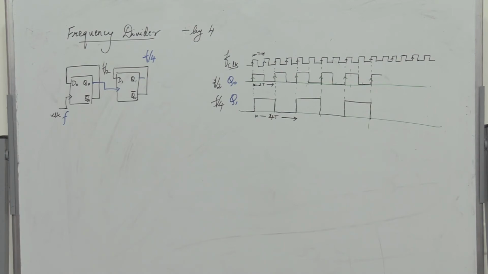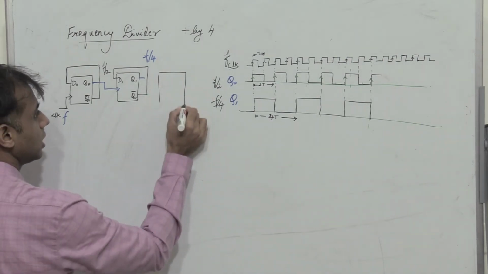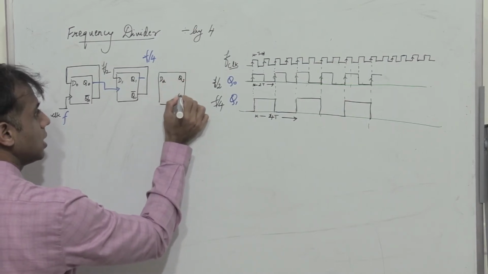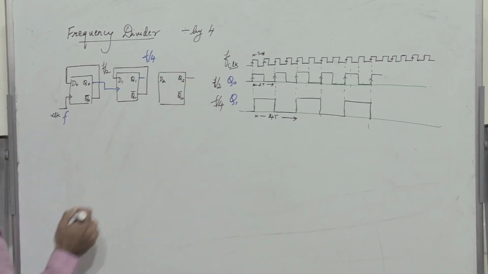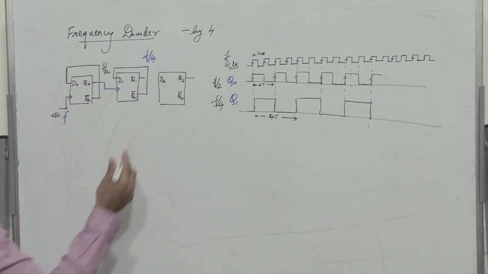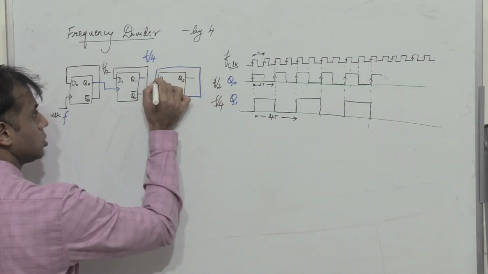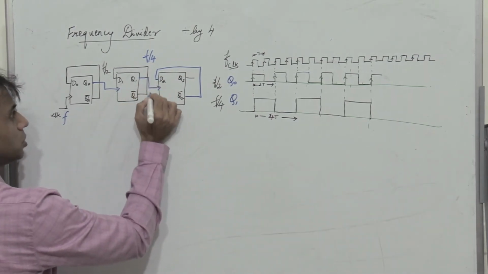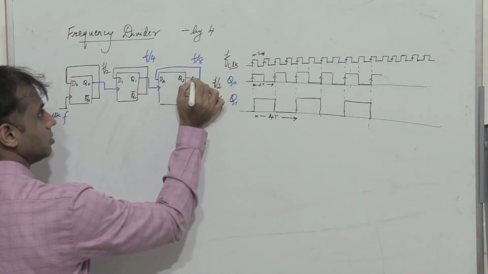Very simple. So connect another D flip-flop. So I have another D flip-flop connected. Let me call that D2, Q2 and Q2 bar. So similarly I have Q2 bar which is connected to D2. So Q2 bar is given as the input to D2, and Q1 becomes the clock input to the next flip-flop. So here I get f by 8 at Q2.